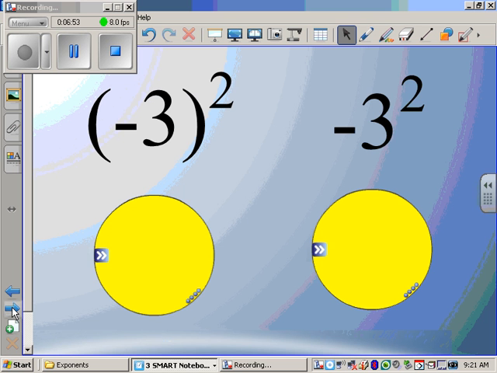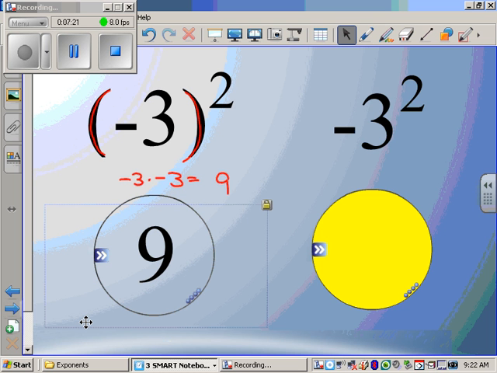Now, if you look at these two problems, they look very similar. We have negative 3 in parentheses squared, and then negative 3 not in parentheses squared. There is a difference in their answers and a difference in their meanings. When the number inside parentheses is a negative, that means the entire thing is going to be squared. So negative 3 will be multiplied by itself. And we know that a negative times a negative is a positive,